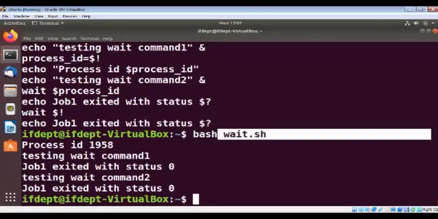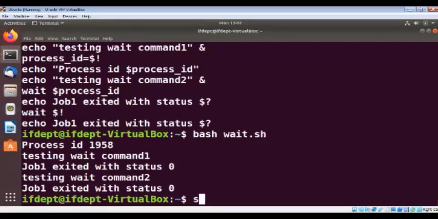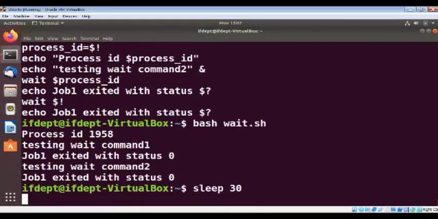I'll show you the demo of the sleep command. So suppose I type here sleep and then 30. So what is going to happen? See, nothing is going to happen here, because the system will sleep for 30 seconds. Okay. So see how much time this cursor is blinking.